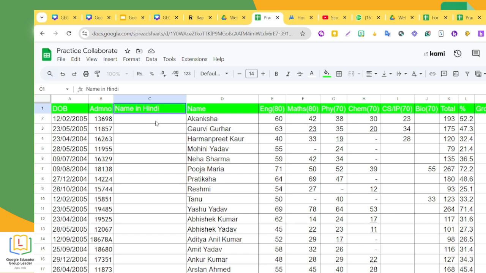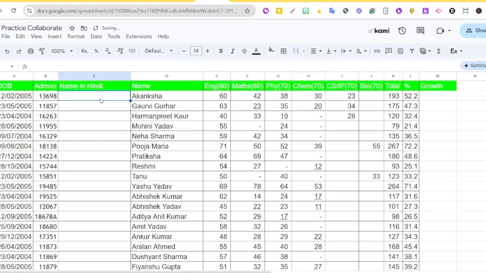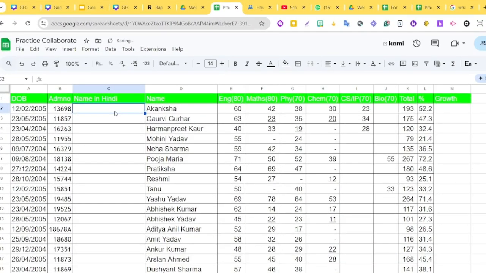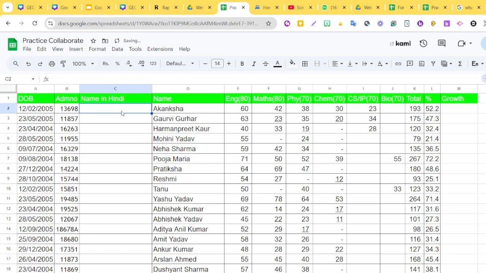Then selecting the cell, I'll apply Google Translate. So equal, then GoogleTranslate,